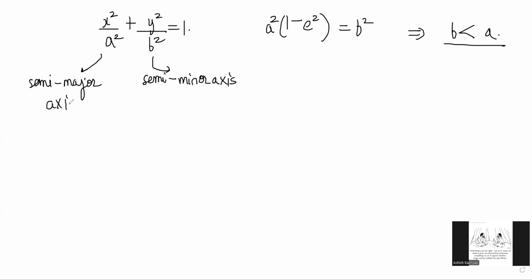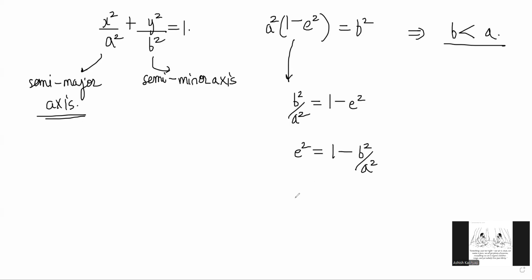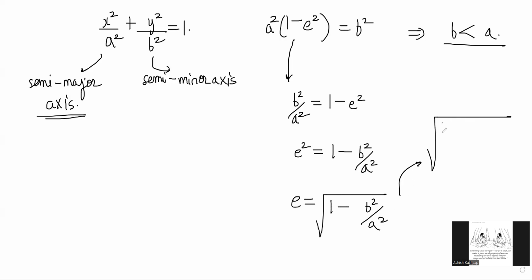And this is the standard form of the ellipse equation. Now, obviously, we'll understand the graph of the equation properly. But first, notice that from here, we can get the relationship on the eccentricity of the ellipse. We get b square by a square is equal to 1 minus e square. Therefore, e square is 1 minus b square by a square. So the eccentricity e is root over 1 minus b square by a square, which is basically root over 1 minus